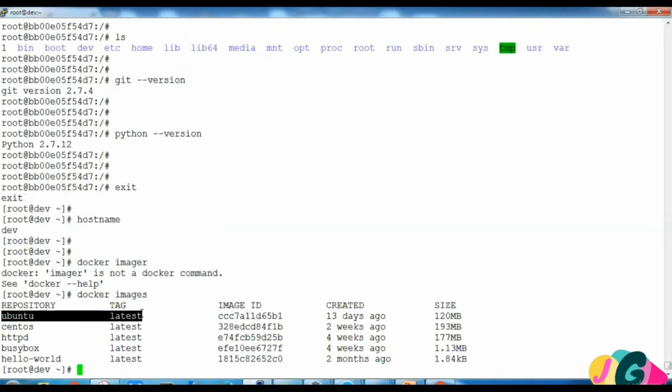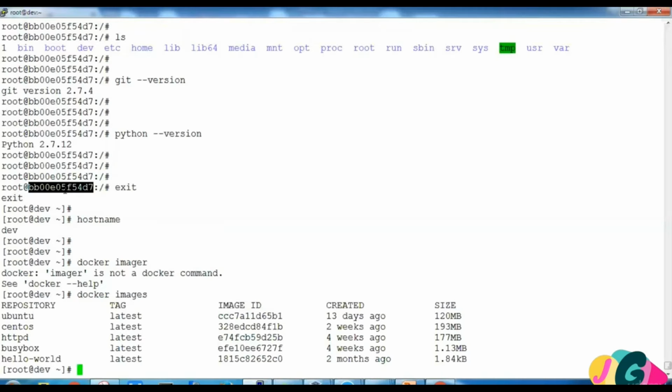All right, so this is a base image, a read-only image, but we have used this image, created our container, and done the customization. Now again we have to bring this container in the form of an image. Why are we bringing it? Because we cannot use a container to create another container.